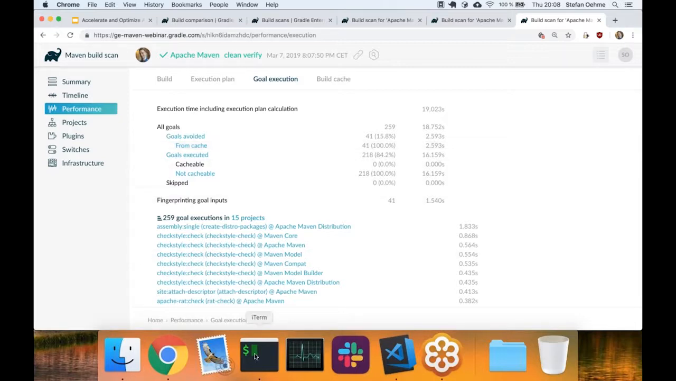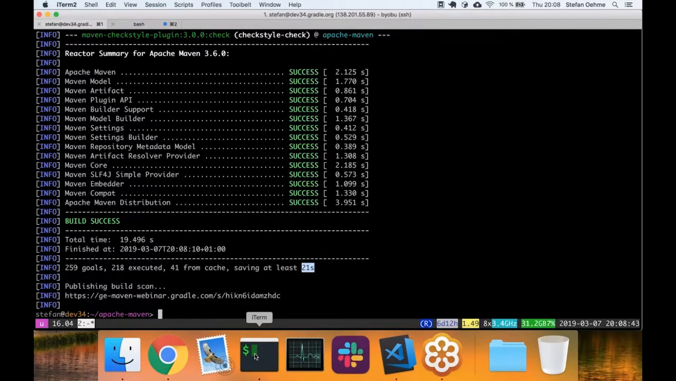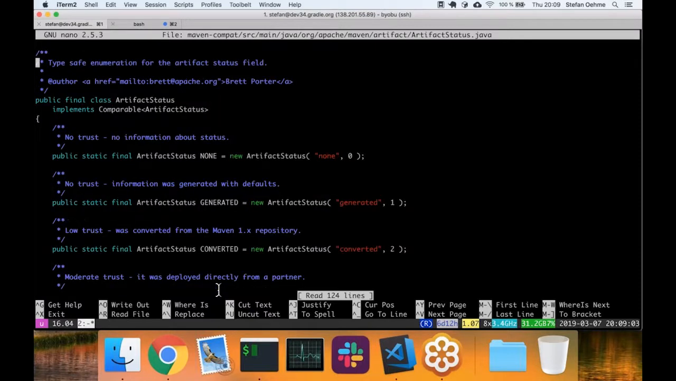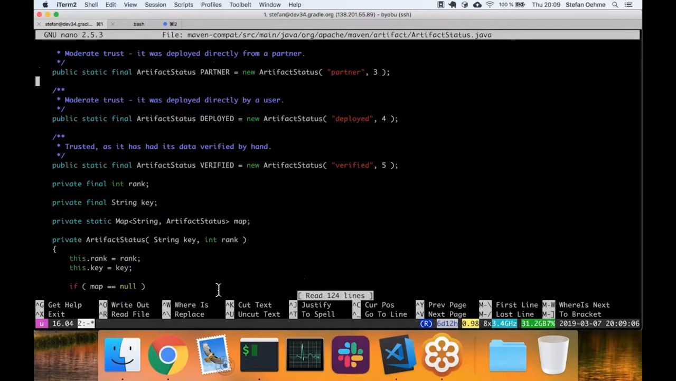Yeah. So one final thing that I want to show in this demo is what happens when I change something. So I'm going to look at Maven Compat, which is a downstream project. It's like the last project in this project hierarchy. So if I change some little detail here, let's say I just reorder a private field, just put it down here,